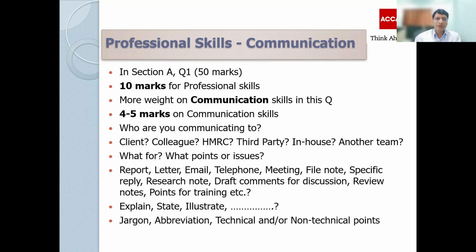So you carefully use the jargon abbreviation. If you say HMRC, sometimes client may not understand. For example, if I say HMRC to my dad, he won't understand. So I need to say HM Revenue and Customs, and in bracket HMRC. Then in the next line or the next point, I can say HMRC, if you know what I meant. So depending on who you are writing to, for example, DLA, not everybody would understand DLA, but your colleague will understand, director's loan account. So if you're talking to client, then you may be writing director's loan account, in bracket DLA. Then in future, you can carry on using that.